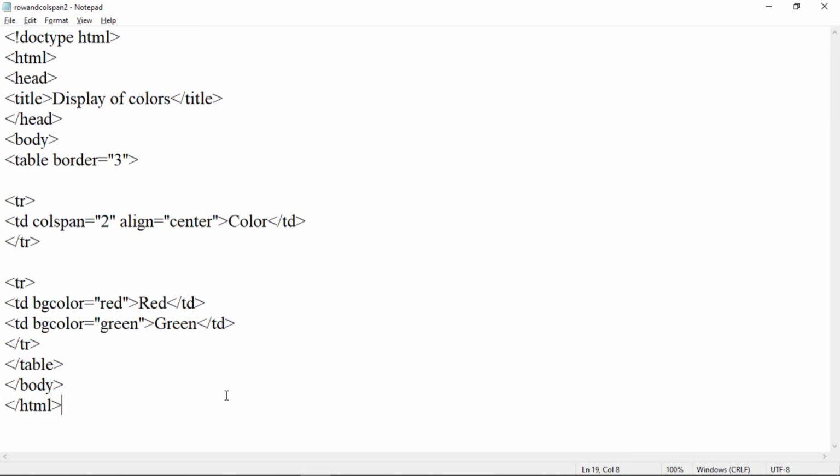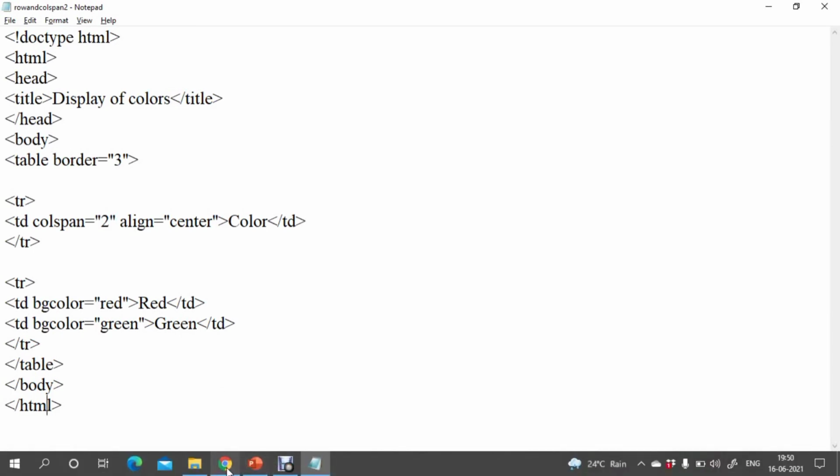So note down these programs and note down the output also, that is to create a table, then use row span and use col span attribute. Then create a table of your own timetable and use different formatting attributes like bg color, align, border color for the table.